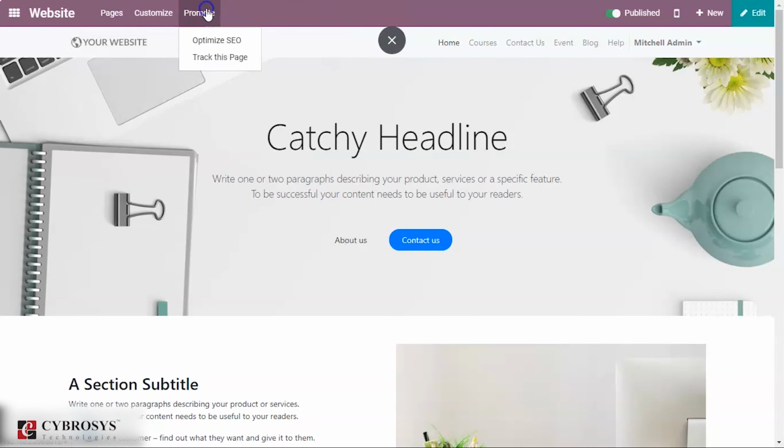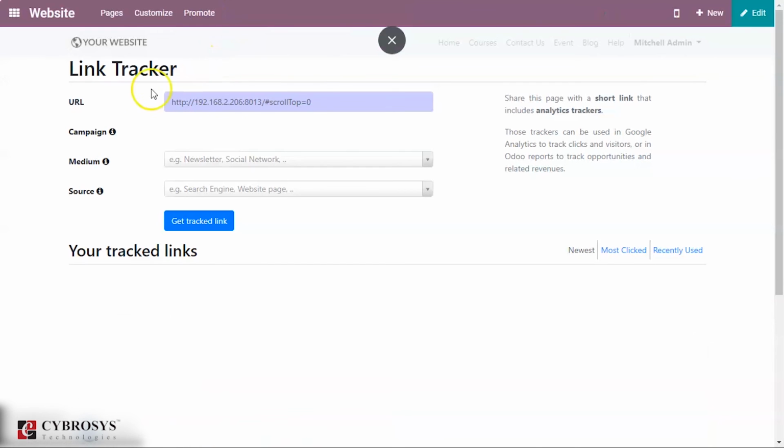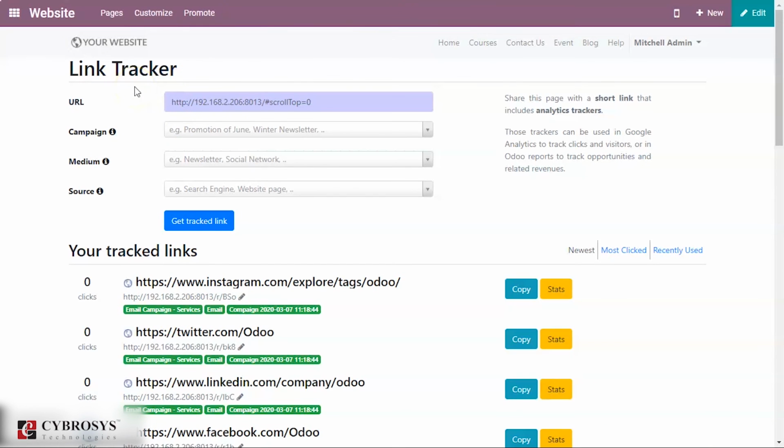Then under promote, you can see track this page if you want to add a link tracker to track this website. A link tracker helps in tracking all marketing sources and identifying which one gives you the best traffic. To know more about link tracker, please check the link above. So that's all about the module website.